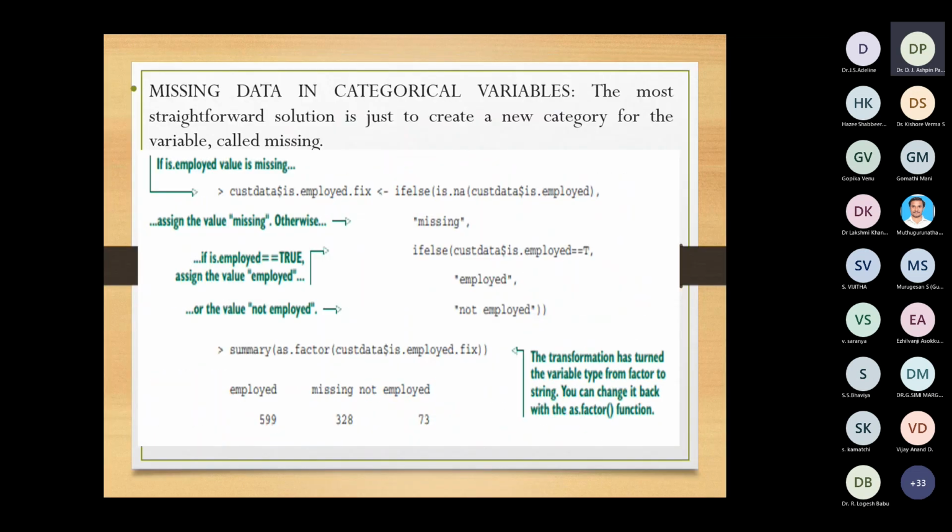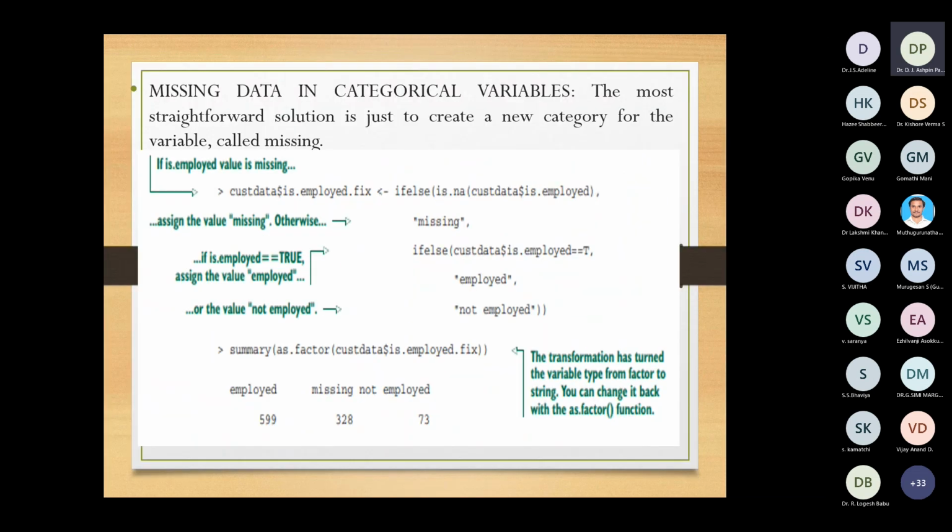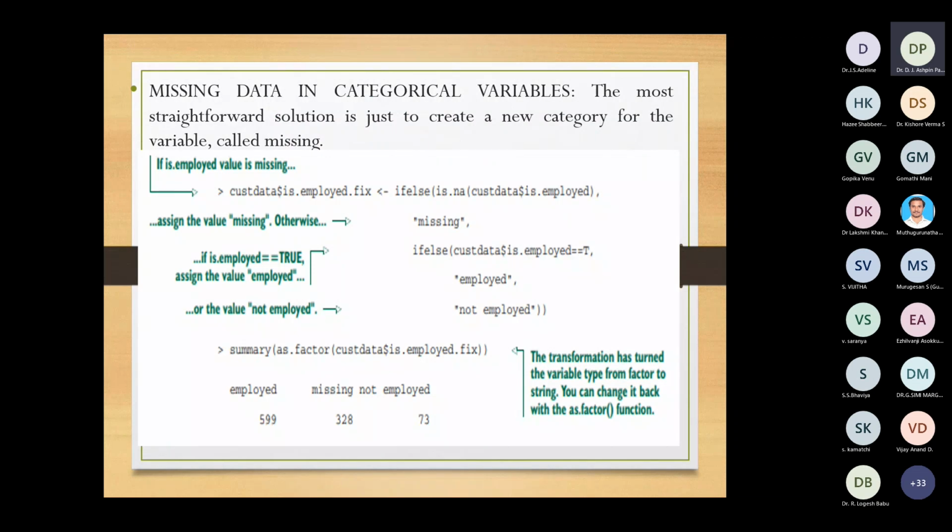So, missing data in a categorical variable. Suppose the categorical variables are missed, meaning you have data like employed or not employed, and you want to see whether the customer is employed or not employed. If you find that some of the fields are not appear, and you feel that is very meaningful information, you cannot delete the rows, right? In such cases, you cannot drop the rows. What you need to do is make it a categorical variable. You can create a categorical variable named missing and represent it.